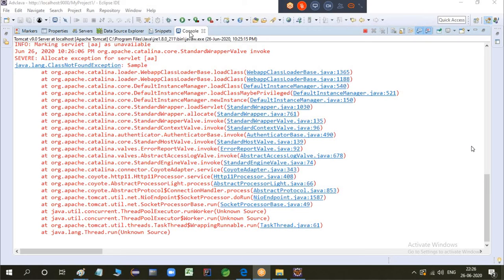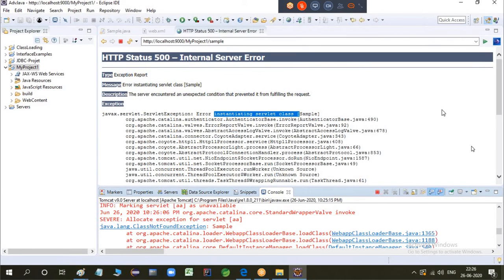See, no servlet application requires a main method. It's the responsibility of the server to run this class, because the server looks for the web.xml file where we are mapping it. And the thing is, in every server there will be a JVM.